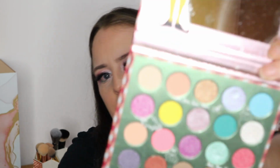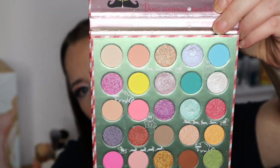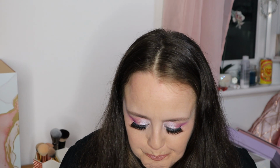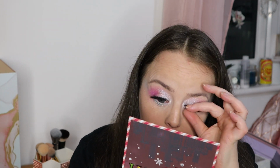And I mean, I've used this palette once and I've already dug into quite a few shades quite a lot, so it's not going to last for ages, this palette. And it was £15, which the reason it's more expensive than normal Revolution is because obviously they have to pay, I don't know, who made Elf? Warner Brothers, so they have to give Warner Brothers a cut of the money, so they can't do it as cheap as they would normally, because there's an extra stakeholder,